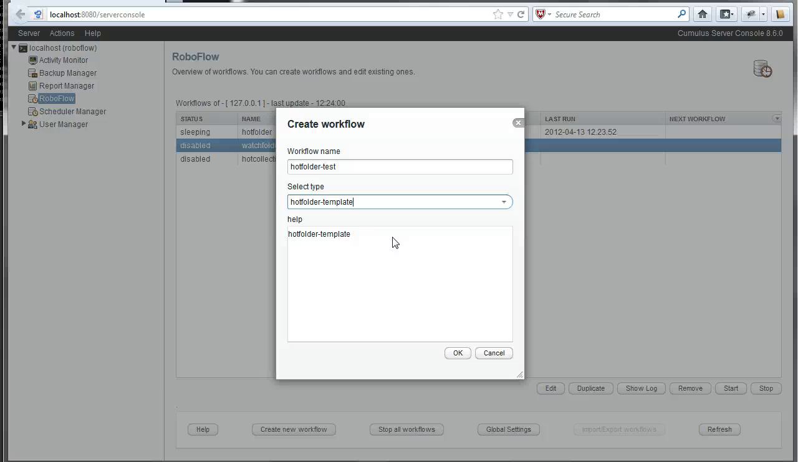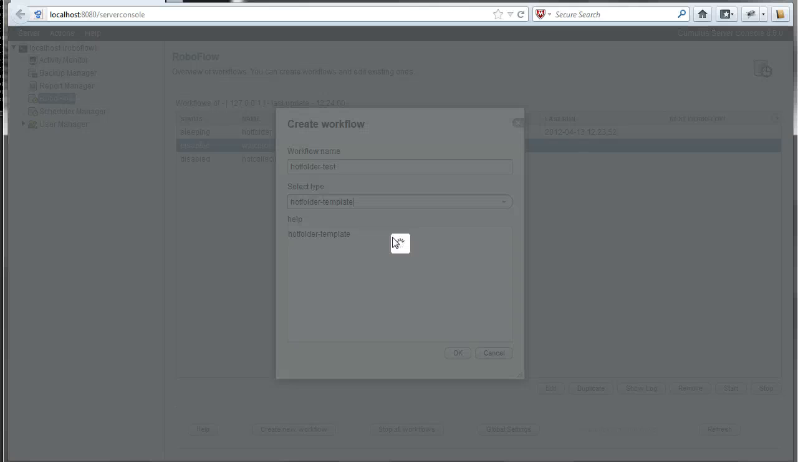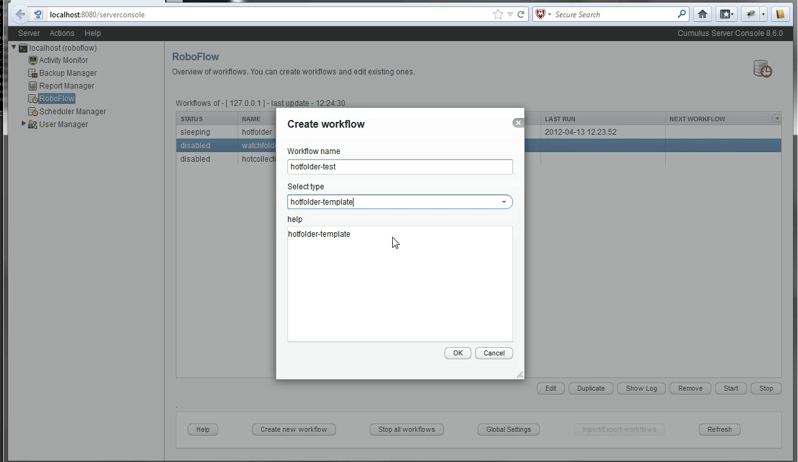To simplify that for you, we now created 3 template workflows: a hot folder template, a hot collection template, and a watch folder template. You can use these templates to build your own workflows, no longer depending on predefined functionalities in a certain workflow. So if I choose here the hot folder template,